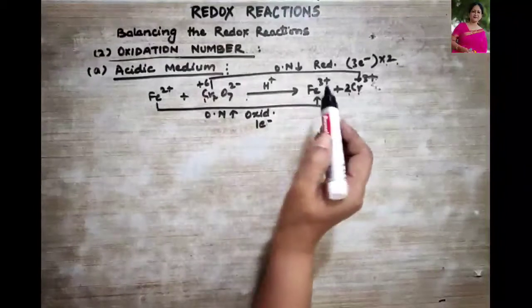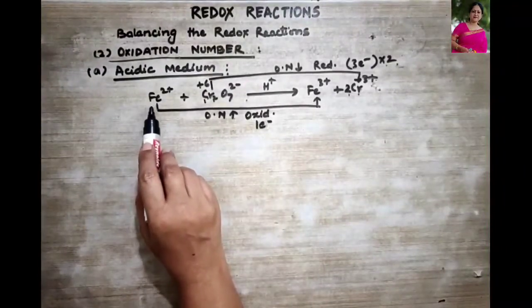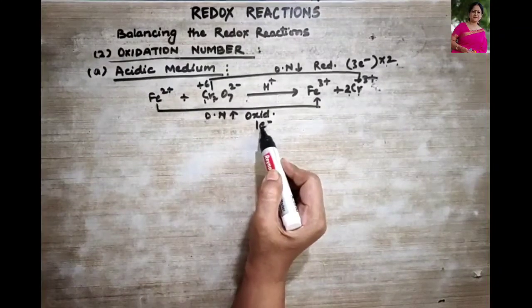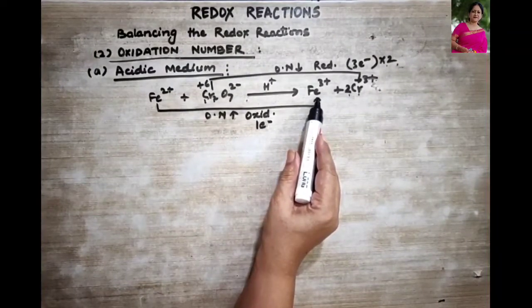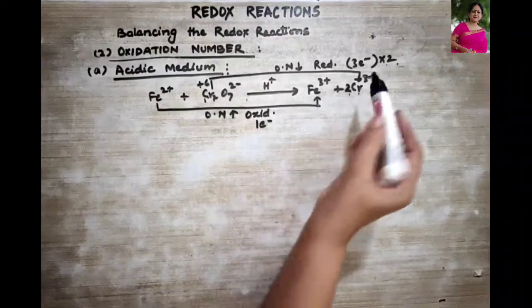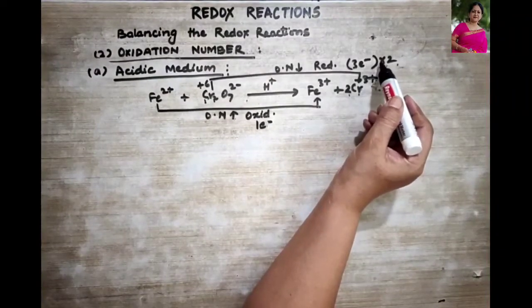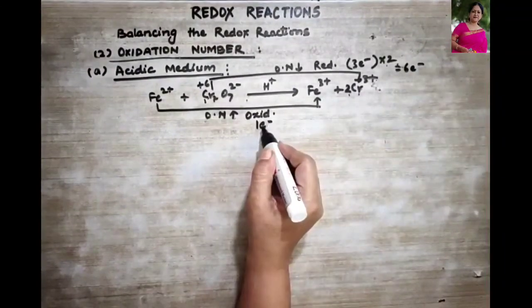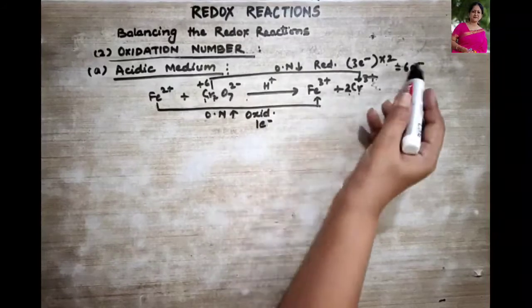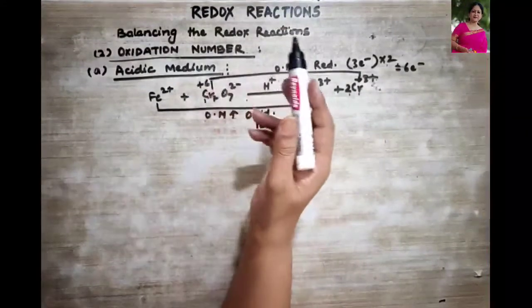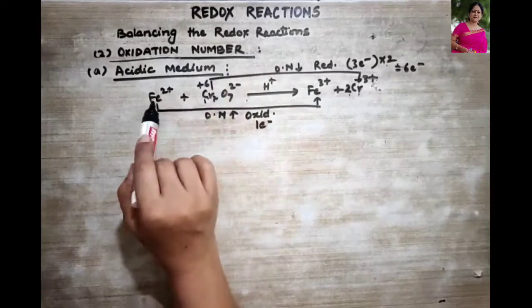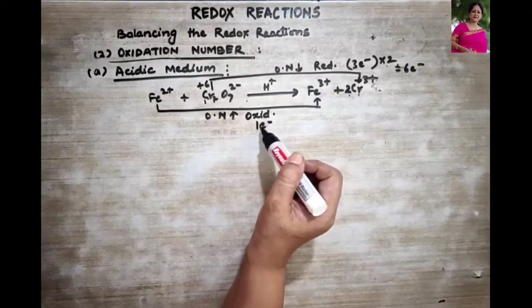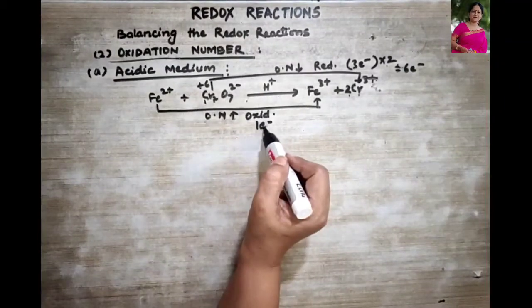Now let's look at iron. What is happening over here? Fe2+ is giving away 1 electron to become ferric. But here how many electrons were required? 6. 3 twos are 6. So this has to be 6 electrons. We need to balance the electrons. As I told you, it is a redox reaction. The number of electrons given will be taken by the other. So over here this iron has to give away 6 electrons.